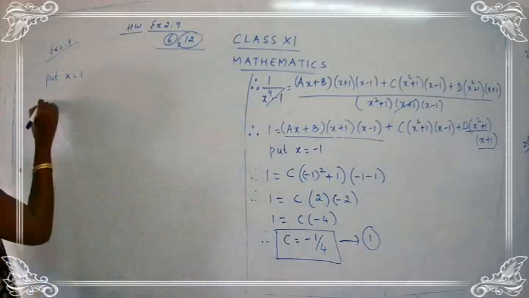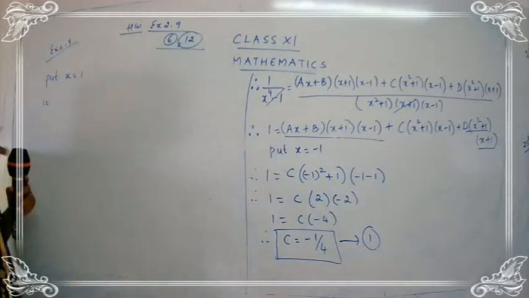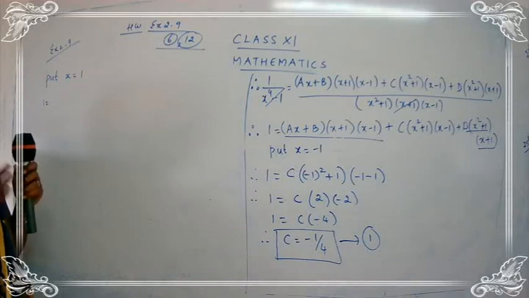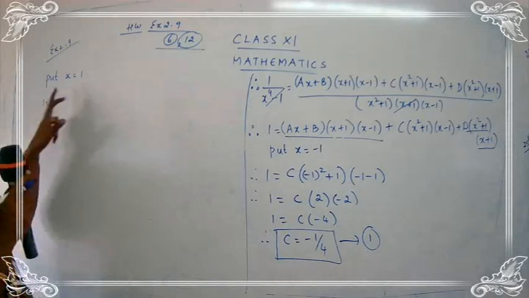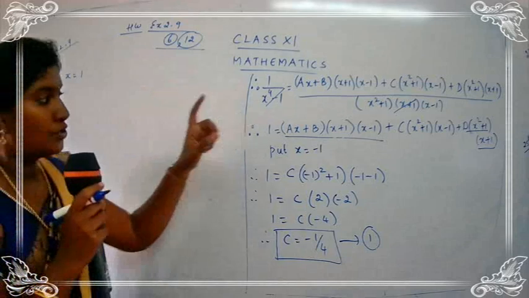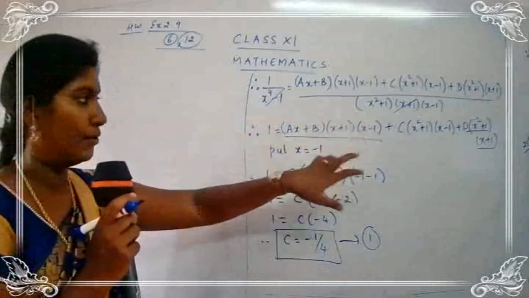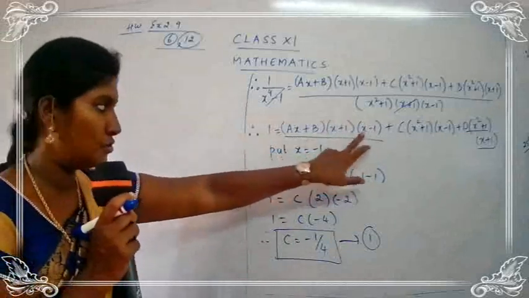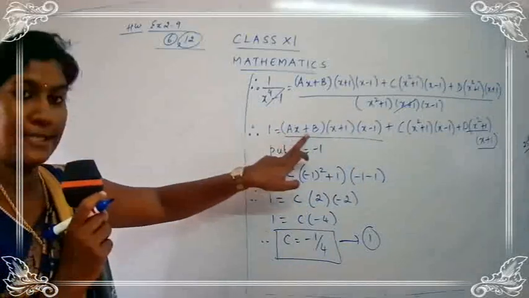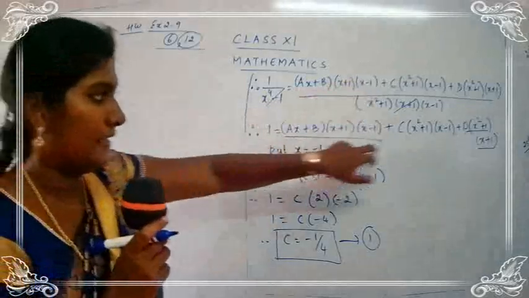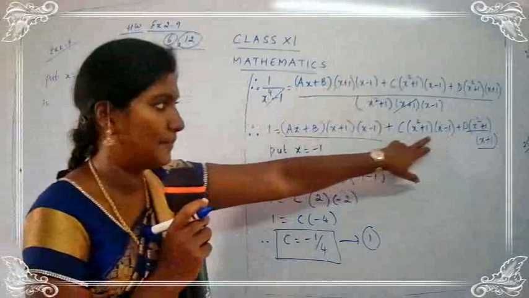Now let us do the steps mentally. You have to just do your steps using your mental calculations, so that we can skip some steps. Okay, children? Some will look a little easier. Now we are going to put x is equal to 1. Just think here. Wherever you have a term like x minus 1, it means 1 minus 1, so it becomes 0. So the whole term, that is ax plus b into 0, gets 0. So this term gets vanished. Again here, 1 minus 1, 0, so this term gets vanished.